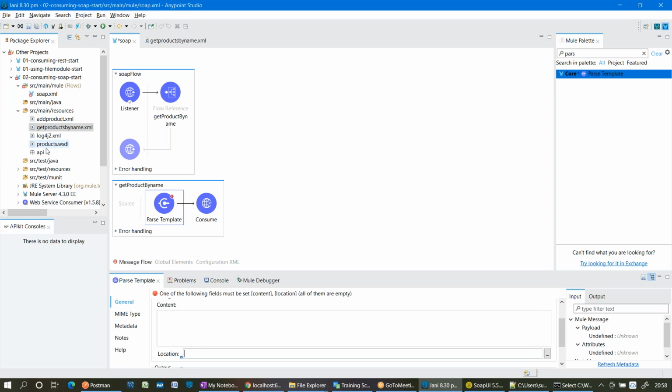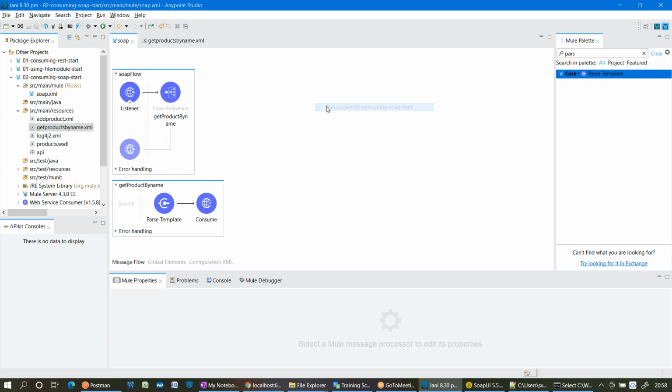If it is in your build path, directly give the name: get products by name.xml. Definitely we need to give the extension, because under the resources I may create one more file with the same name, but it may be a JSON file or any other file. So we need to give the extension of the file you are pointing to.